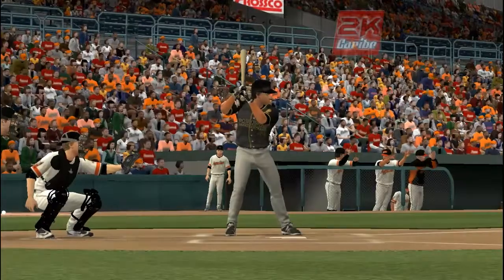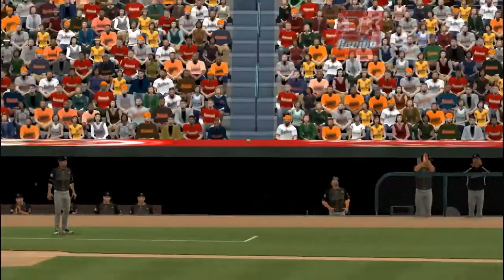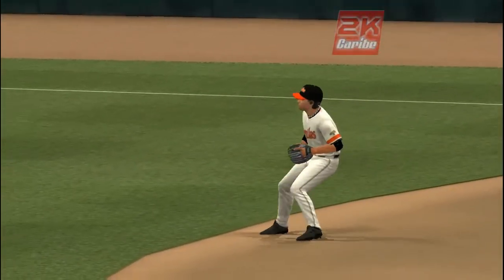And, Steve, that ought to send these folks home happy. Oh, no question about it. They get the win in a close game, a lot of excitement and enthusiasm, and ready for the next one. And until